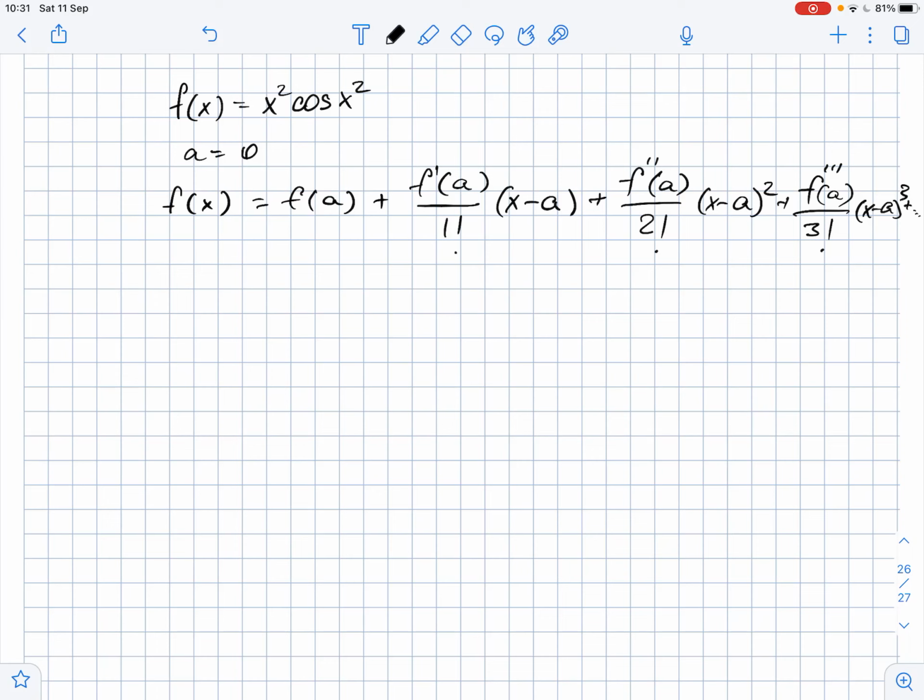So in order to find the Taylor series for our function, we need to calculate